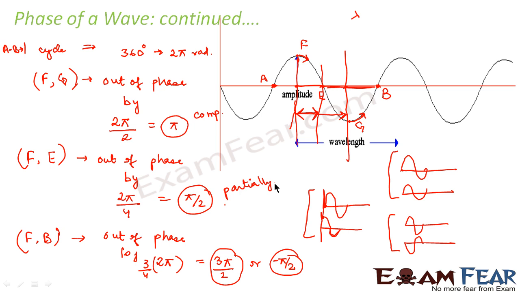Okay, so I hope you understand now what is in phase, what is completely out of phase, and what is partially out of phase. I know these things might be a bit difficult at the first go, but I tried all possible ways to explain this to you. It will be better for you to understand when you go through these slides, take a pen and paper in your hand and keep drawing these diagrams in your notebook, because sometimes it becomes difficult to understand only by seeing it. So draw the same diagram in your notebook while listening to this video, so that it becomes easier for you to understand.